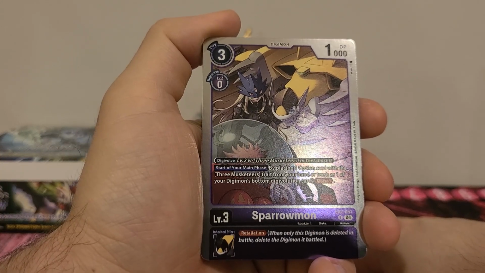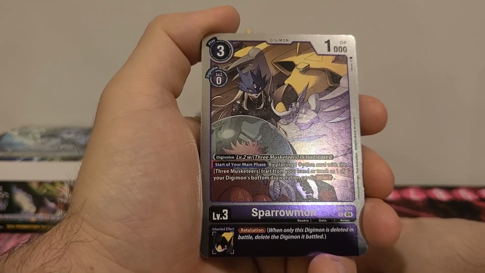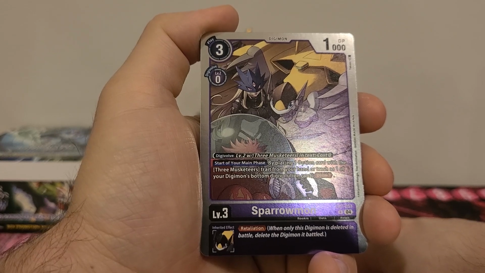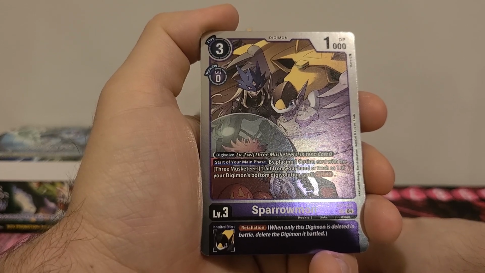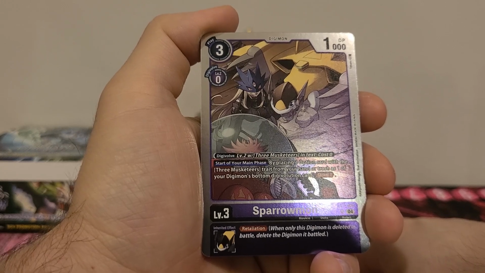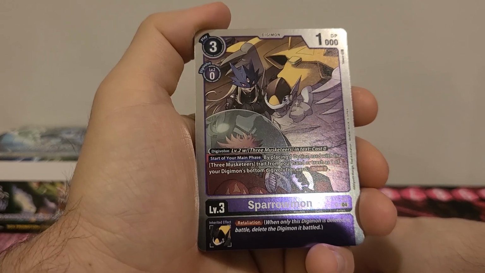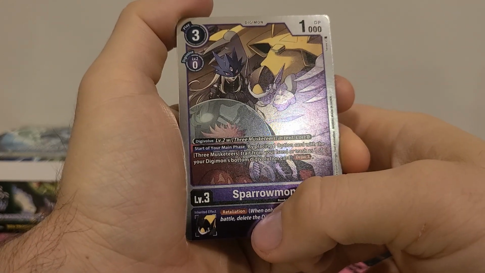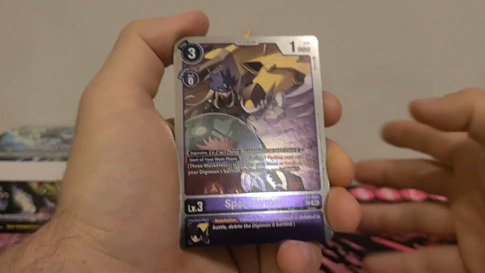level 2 with a 3 Musketeer in text for a cost of 0. Start of your main phase by placing 1 option card with the 3 Musketeer trait from your hand or trash as one of your Digimon's bottom Digivolution cards, draw 1. Inherited effect, Retaliation. Again, I love Retaliation as an inherited effect, and being able to put their option cards back